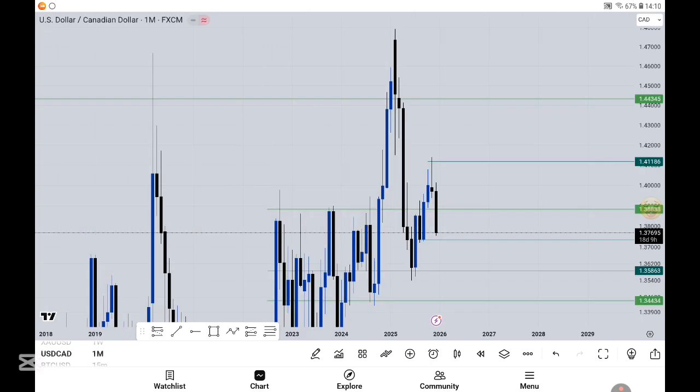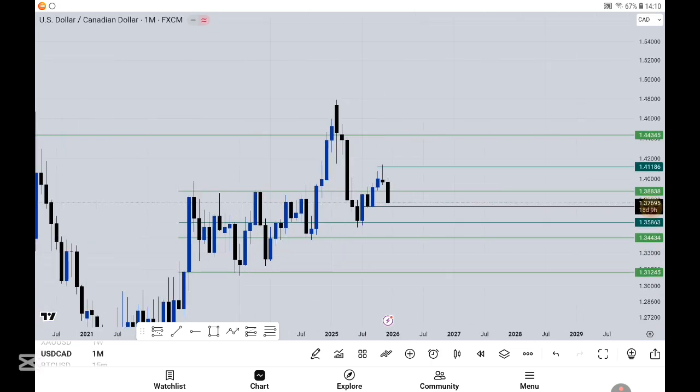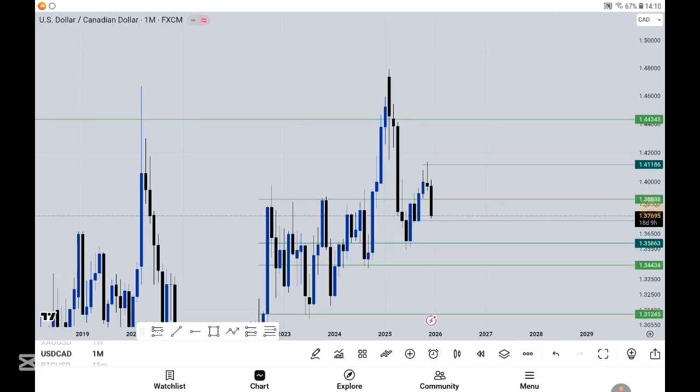As you can see on the USDCAD on the monthly time frame, the market is currently rejecting downward from this level right here. So there are two things we have in mind, and we have 18 days and 9 hours for this candle